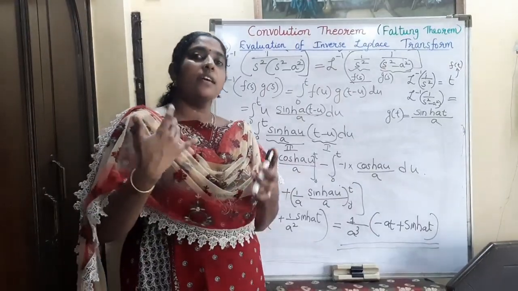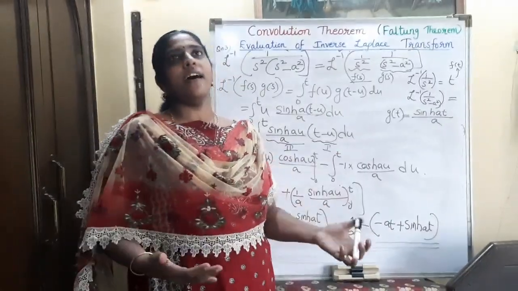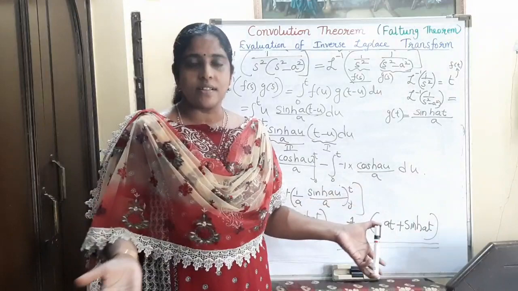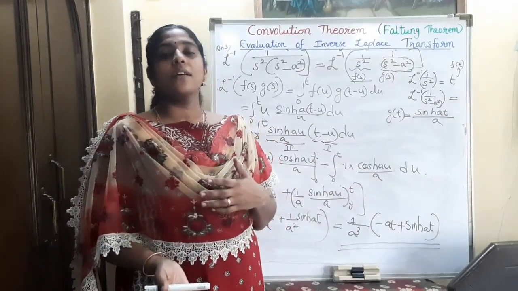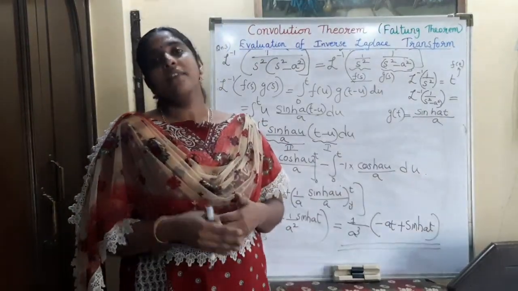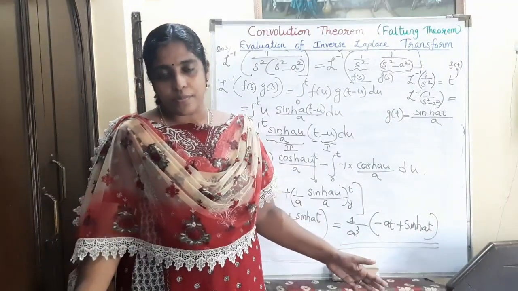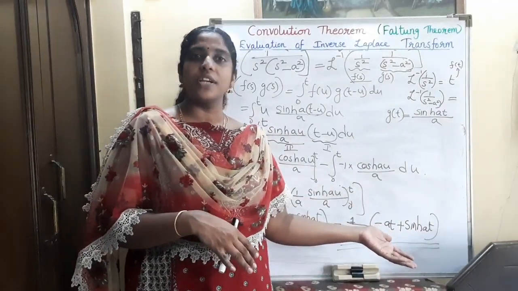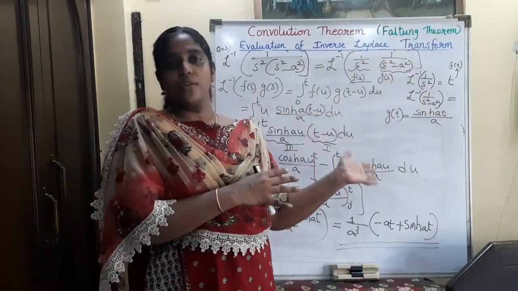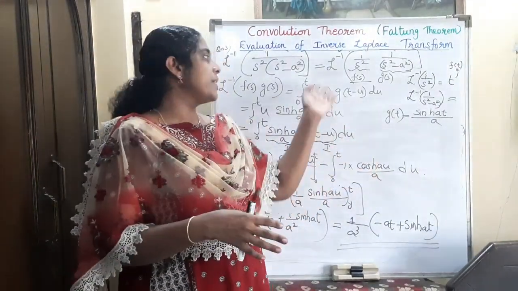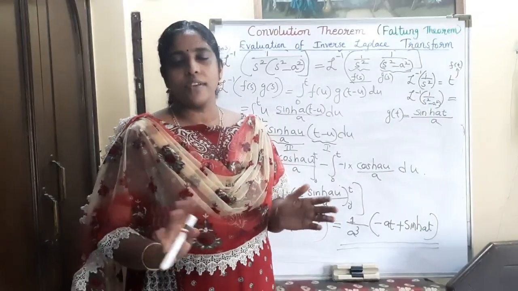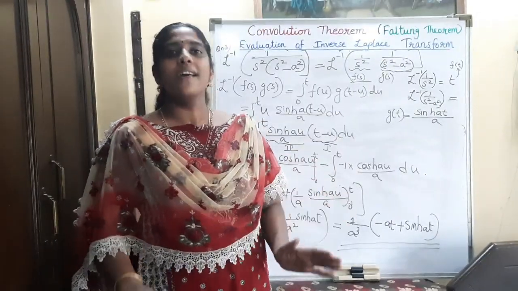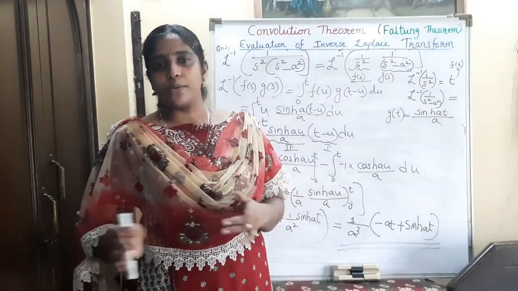That is, in the given question, if we can write it as the product of the Laplace transforms of two functions, we can break that into a product of two functions, find the inverse Laplace transform of the two functions individually and apply the convolution theorem, just as a simple integration process. Only thing, we must have clear knowledge about the trigonometric relations, 2 cos A cos B, 2 sin A sin B, etc.